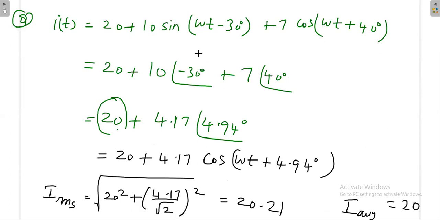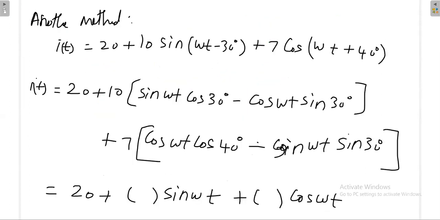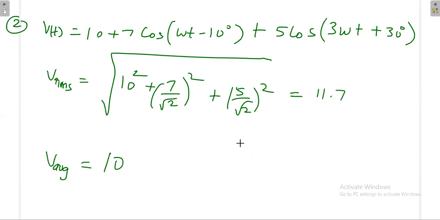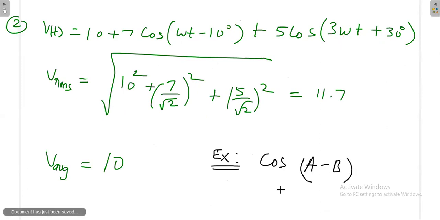See, again for this problem also, I think the same problem only I have written here. See, this kind of problem also you can expand and apply, verify. Okay, you do by another method. So what you can do, you can apply the cos(a minus b) formula. Here you can apply the cos(a plus b) formula. Then you expand. Finally you'll get so many terms, I think finally 4 terms, already 1 term, 5 terms. Then from that you try to find out the answer, whether they are matching or not.